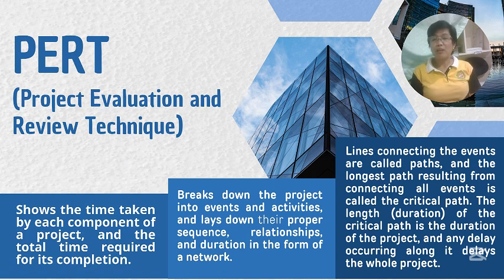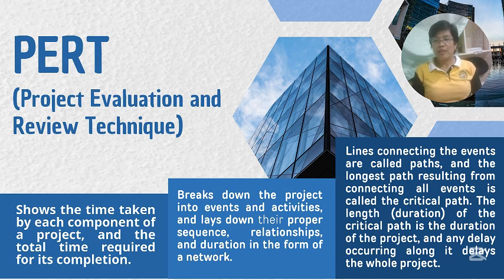PERT, Project Evaluation and Review Technique, shows the time taken by each component of a project and the total time required for its completion. It breaks down the project into events and activities, and lays down their proper sequence, relationships, and duration in the form of a network. Lines connecting the events are called paths, and the longest path resulting from connecting all events is called the critical path. The duration of the critical path is the duration of the project, and any delay occurring along it